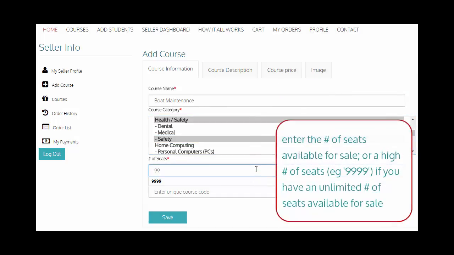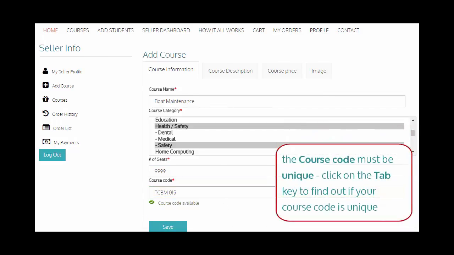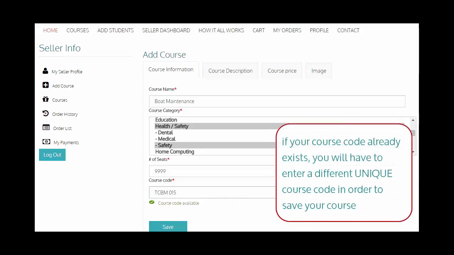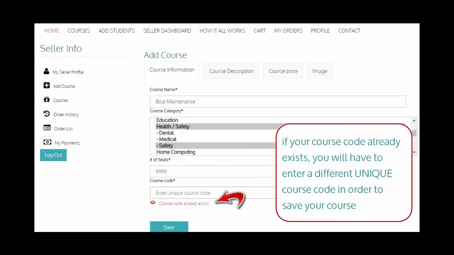When entering the number of seats for your course, either enter the number of seats that are available for sale, or enter a high number of seats if you don't have a specific limit on the number of seats available. Remember that course codes must be unique. Click on the Tab key to check if your course code is unique. If the course code is available, you'll get the message "Course code available." If not, you'll get the message "Course code already exists," and the system will not be able to save your